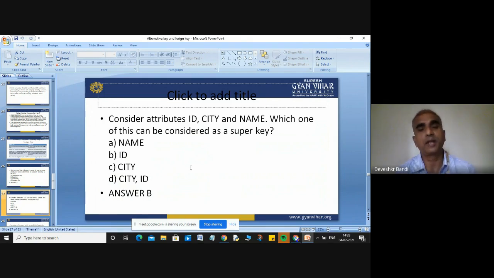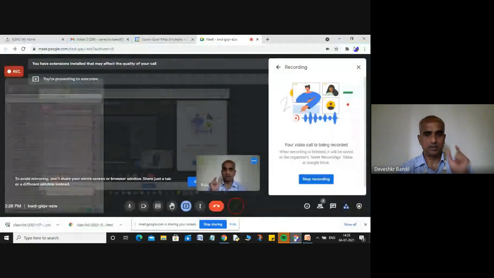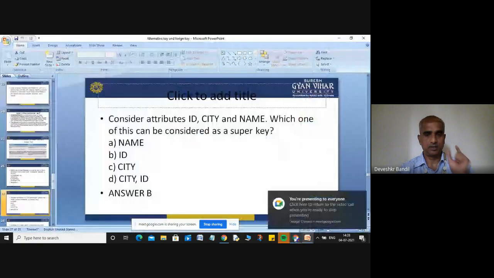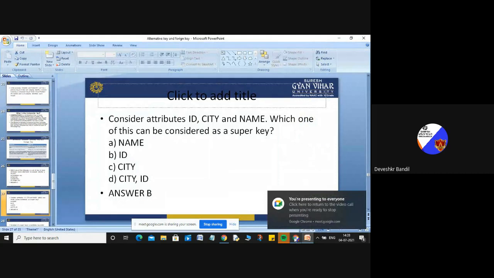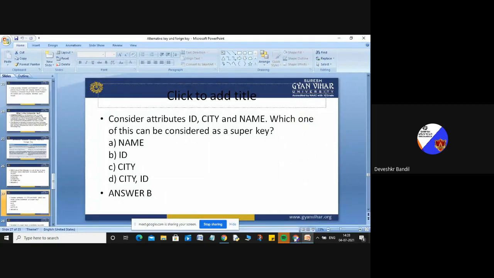If you consider the attributes ID, city, and name. Suppose you have a student table, and the attributes are student ID, student city, and student name. So which one of these is considered as your super key? Name, ID, city, and city ID.